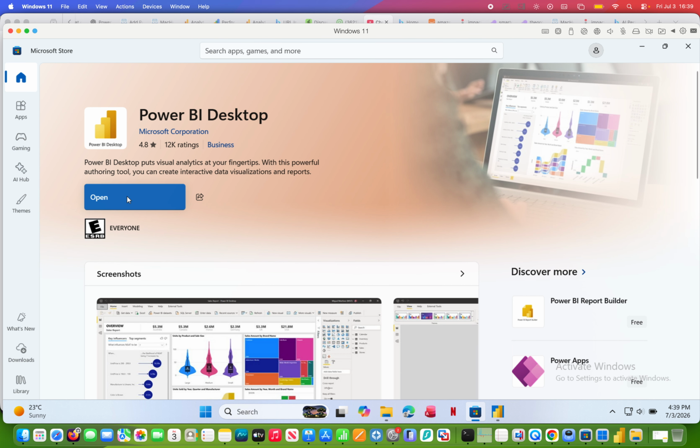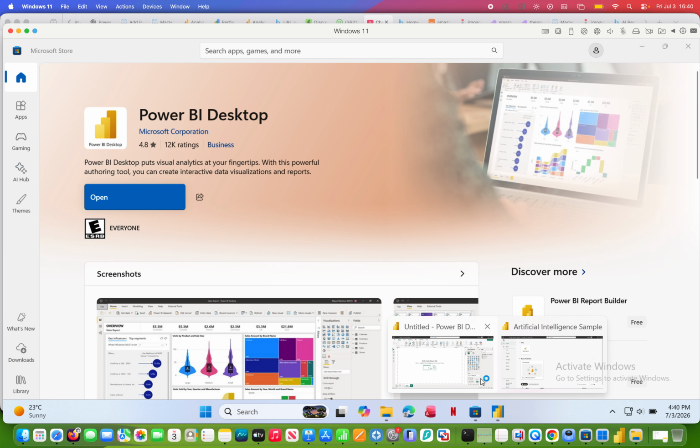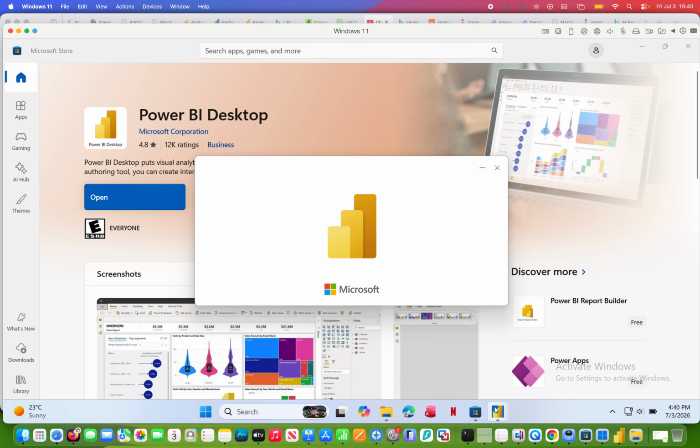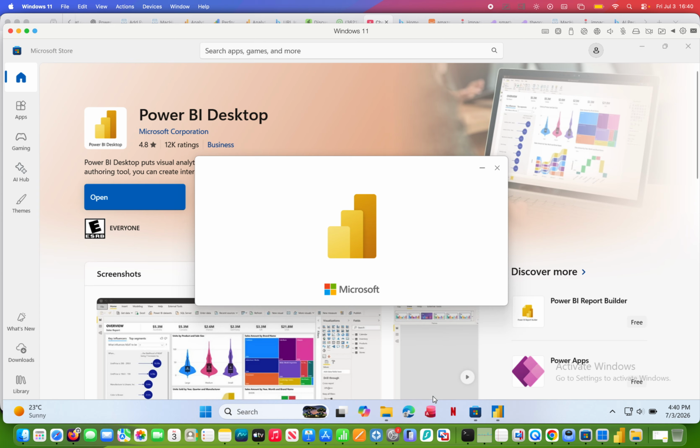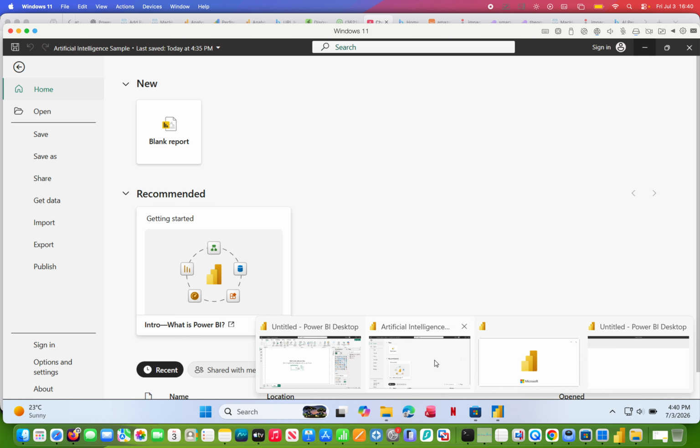Here you would have a button to download it. I've already downloaded it. Installation takes literally a couple of minutes, and then once that's done you can open it, and I've got an example here of Power BI open, and sorry, I'll just bring that up,